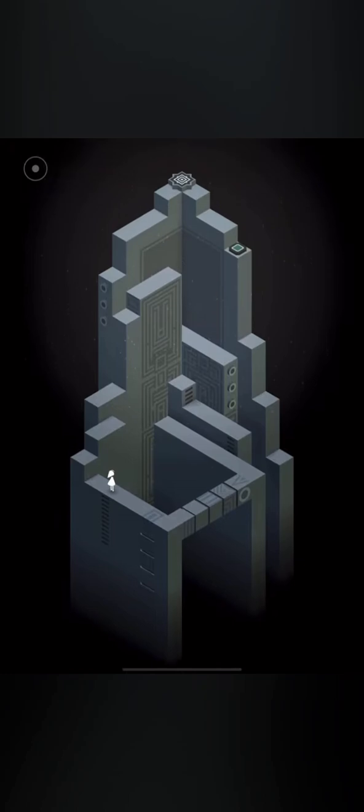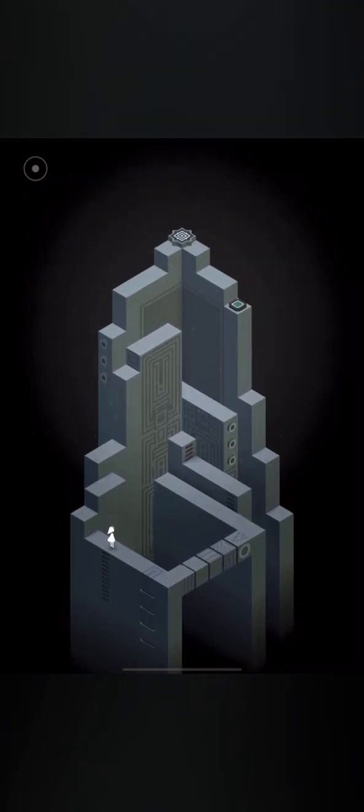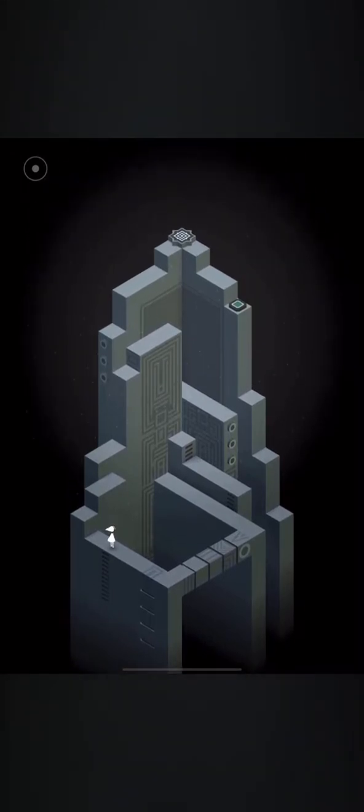Alright, so this looks like another stage within a stage. But yeah, I'm gonna leave my review of the Enchanted World on the end screen. So check that out if this game is looking good to you. Again, it has similar gameplay to the Enchanted World, which I reviewed maybe a few months ago. Stay tuned, check that out as well.